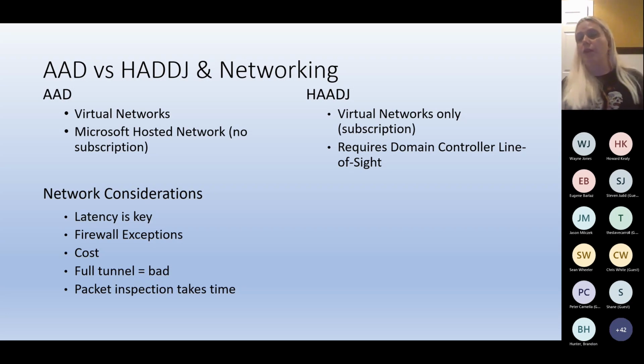But the one that we also have an option if we're going Azure AD is called the Microsoft Hosted Network. And the really cool thing about that is if you don't have an Azure subscription today, you don't need one to do Windows 365 at all. If you're going to do AVD, yep, you need an Azure subscription, full stop. You don't with Windows 365. The network segment that it gets put on is managed by Microsoft. It's secured by Microsoft. It's included in the service. It's no additional fee for doing that.